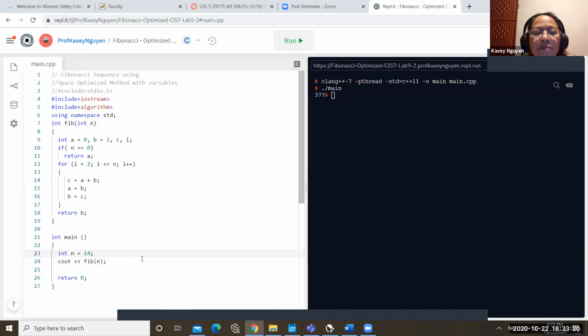Now you can also modify it and have it print out each of the values from the sequence using the for loop. But if we keep it like the original program, it's just going to give us the nth value.